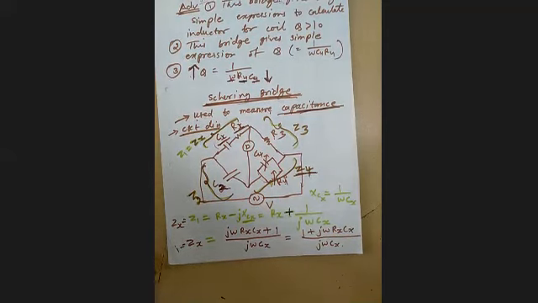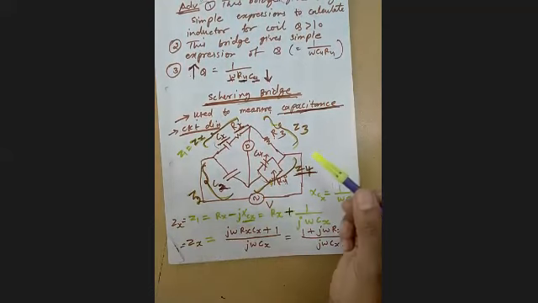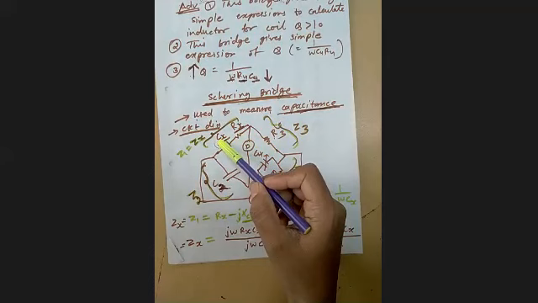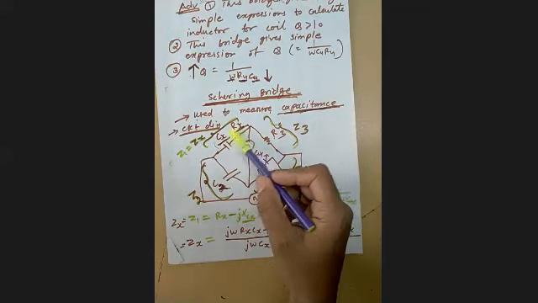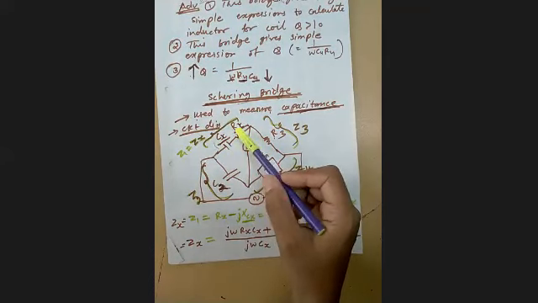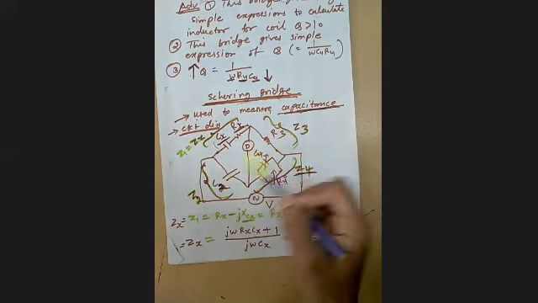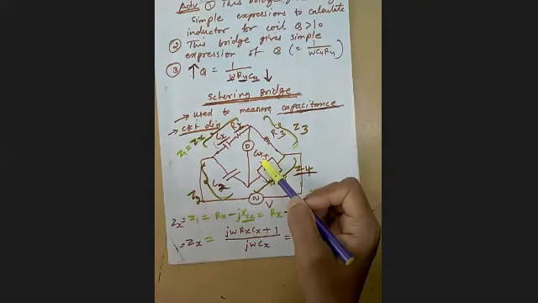It means the unknown capacitance can be connected in one arm of the bridge. So here you can see the Cx, this capacitor is connected in this arm. Rx is the internal resistance of this capacitor. So this capacitor is connected here, and the other arms are C2, R3, R4, C4. So all these values are known to us.